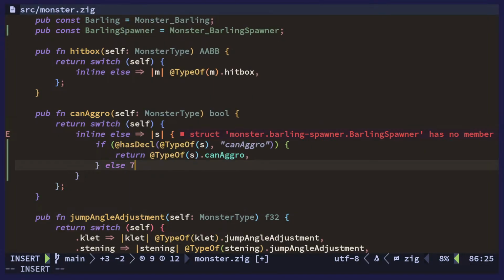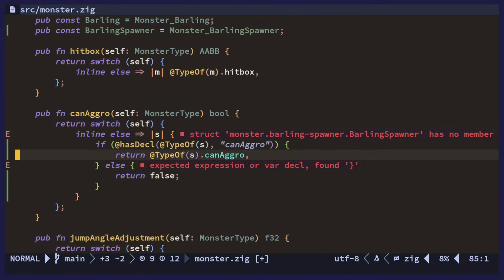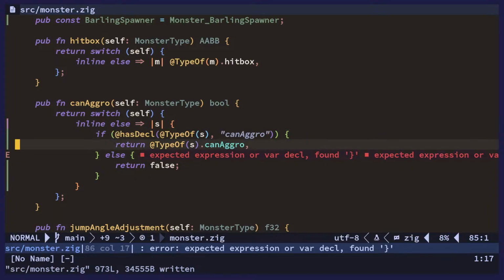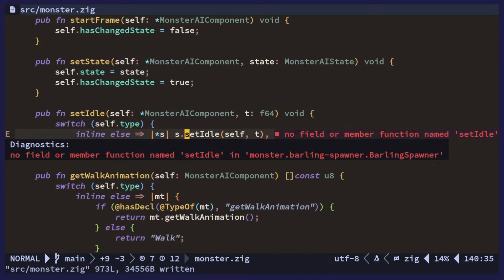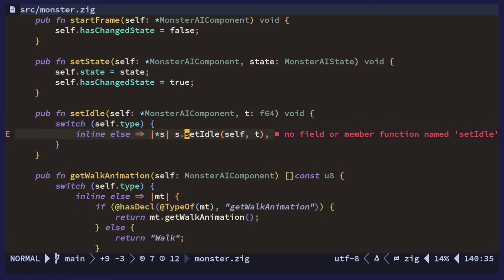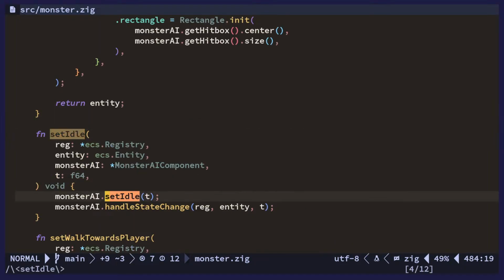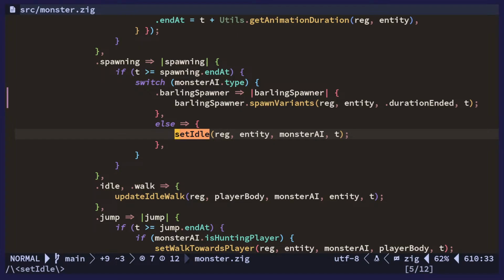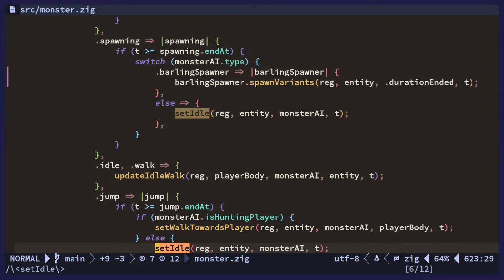Otherwise, we return false. Well, we don't want to set idle on